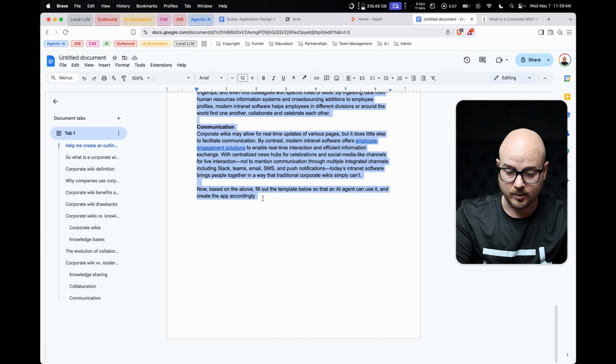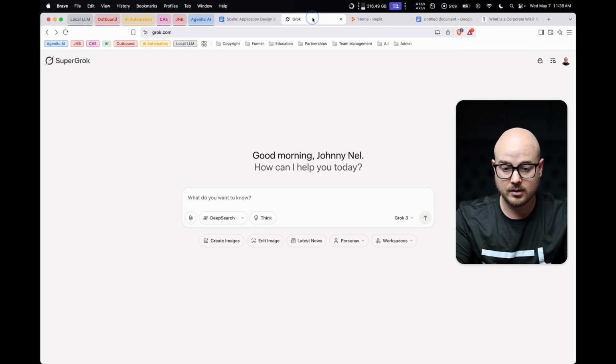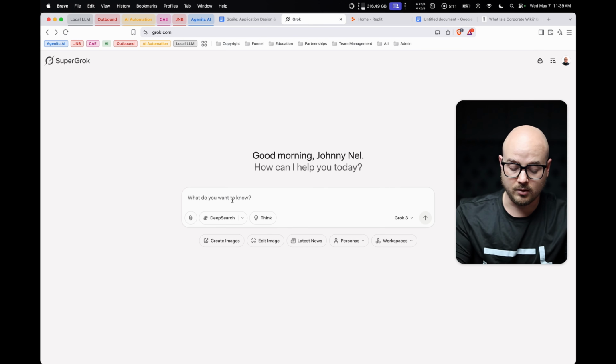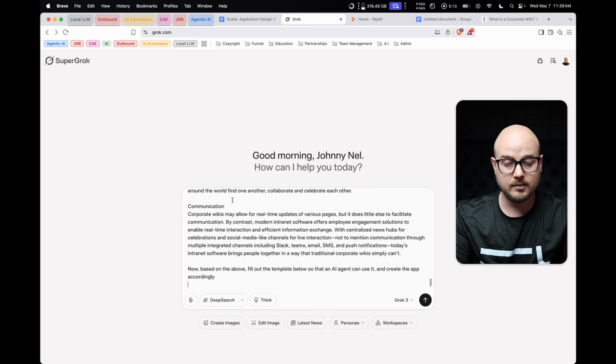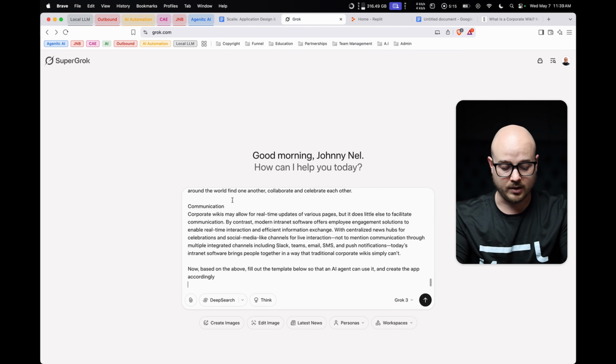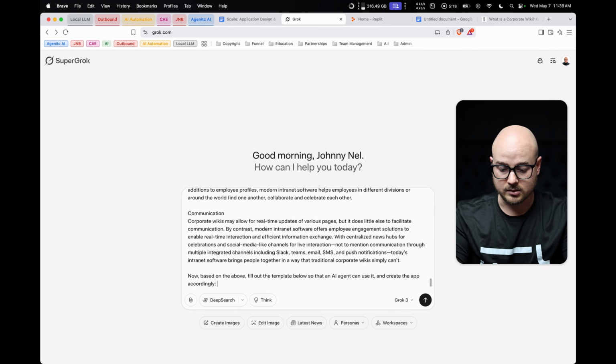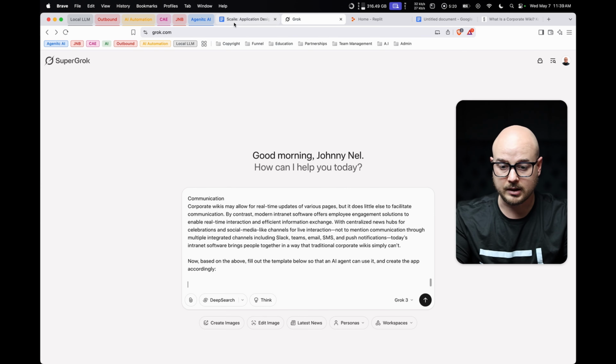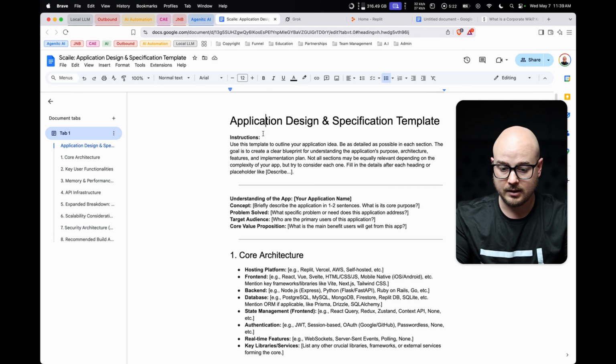So first, what we will do, you can use ChatGPT, Claude, Gemini, whichever platform you feel comfortable with. I use Grok right now, and then we have the entire